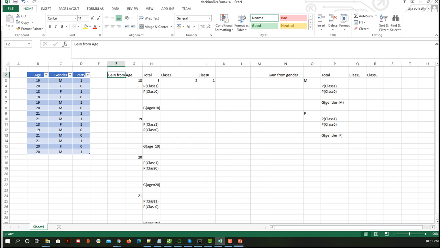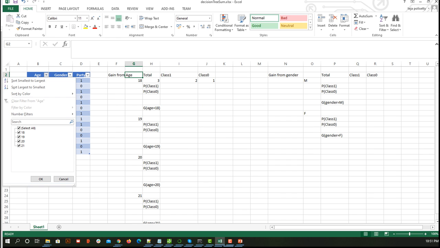This math is going to take a bit of time for calculation, but the algorithm will not take more than 2 minutes, so just wait for some time. First, in age, how many categories do we have? If I click on this, I have 18, 19, 20, 21.